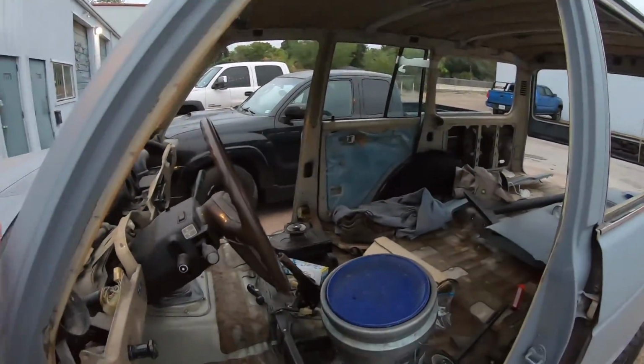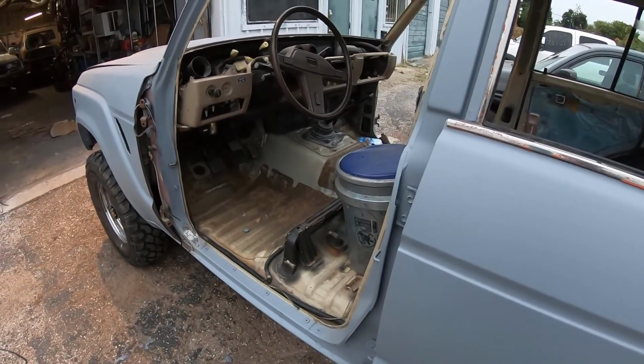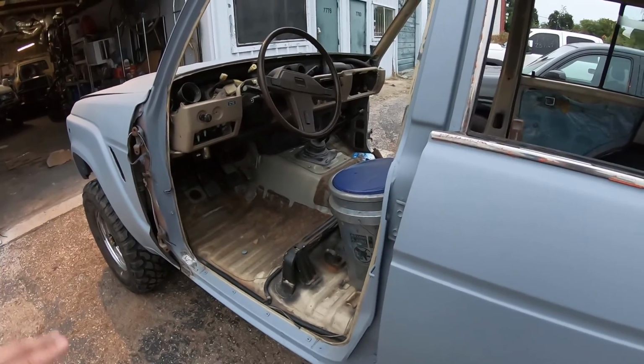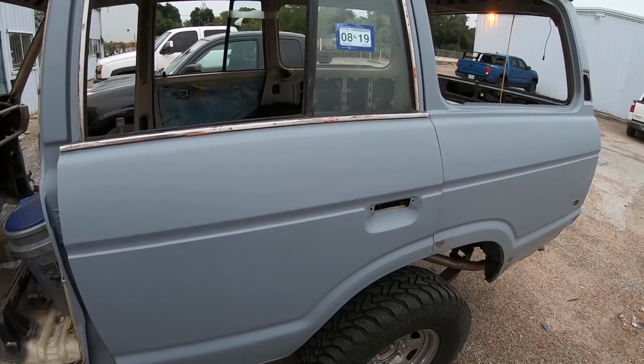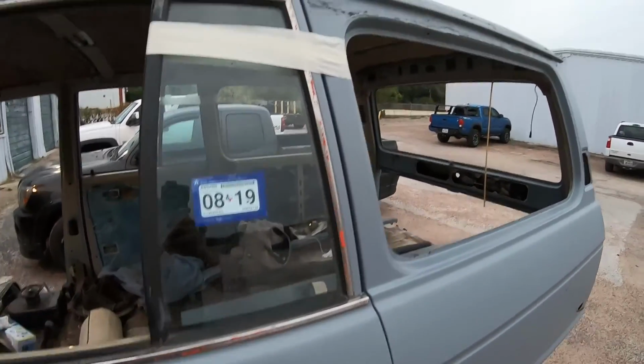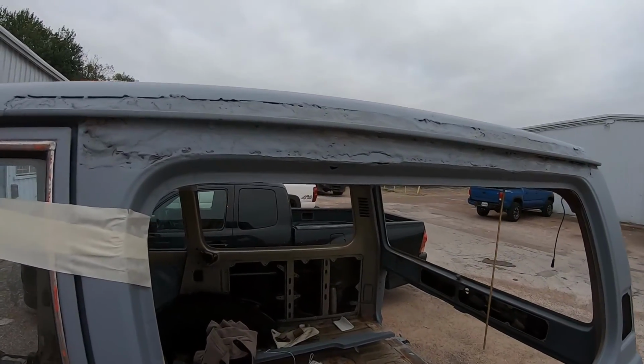Here, and we're working on the doors right now, that's why they're off, but we wanted to get the truck done so we can get close to the welder. The doors can be moved towards the welder, so we don't need to have the truck in the spot closest to the welder. But anyways, we left this to the end, and what we're going to be doing here is wire wheeling